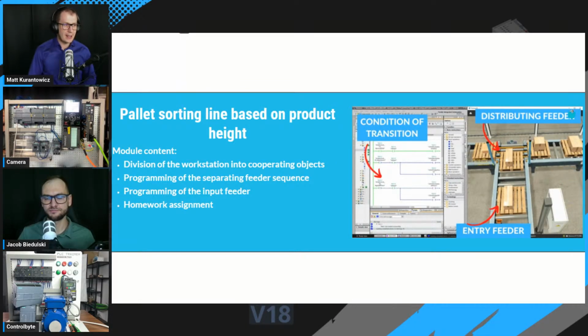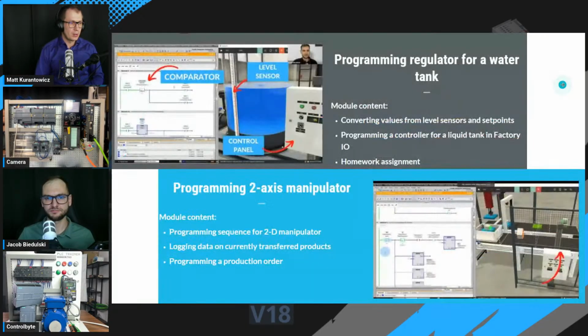And the next project is a sorting line based on product height. We have the entry conveyor, and in the middle we have a curtain with lasers, and we measure the height of the box on the pallet. Based on that, we move that pallet on the left conveyor or on the right conveyor. So we have to create a sequence for that, and we'll go to the next project, which is programming a regulator